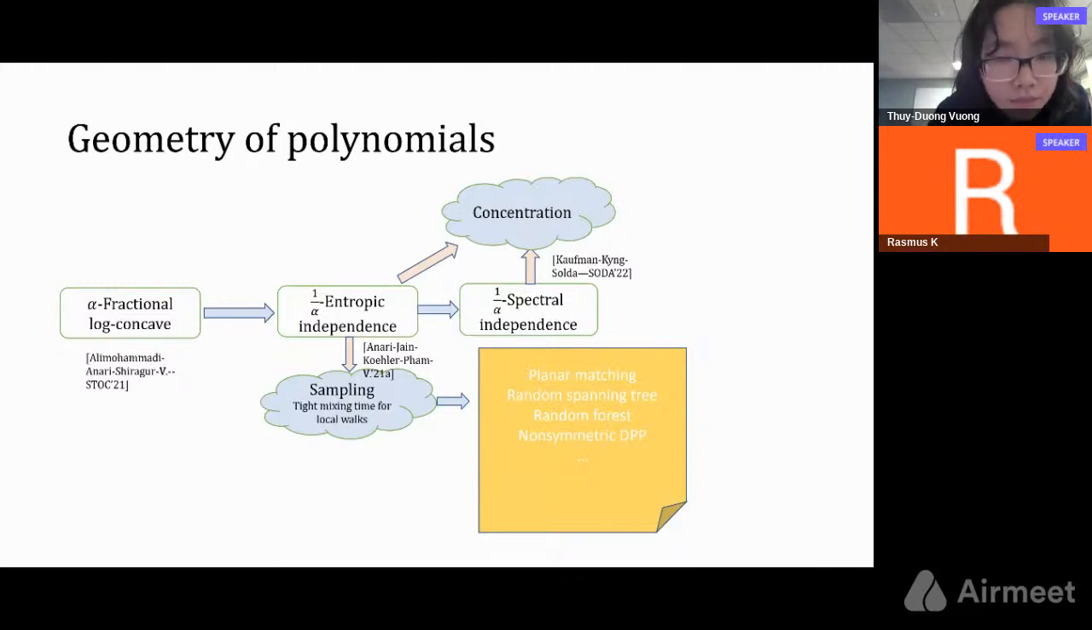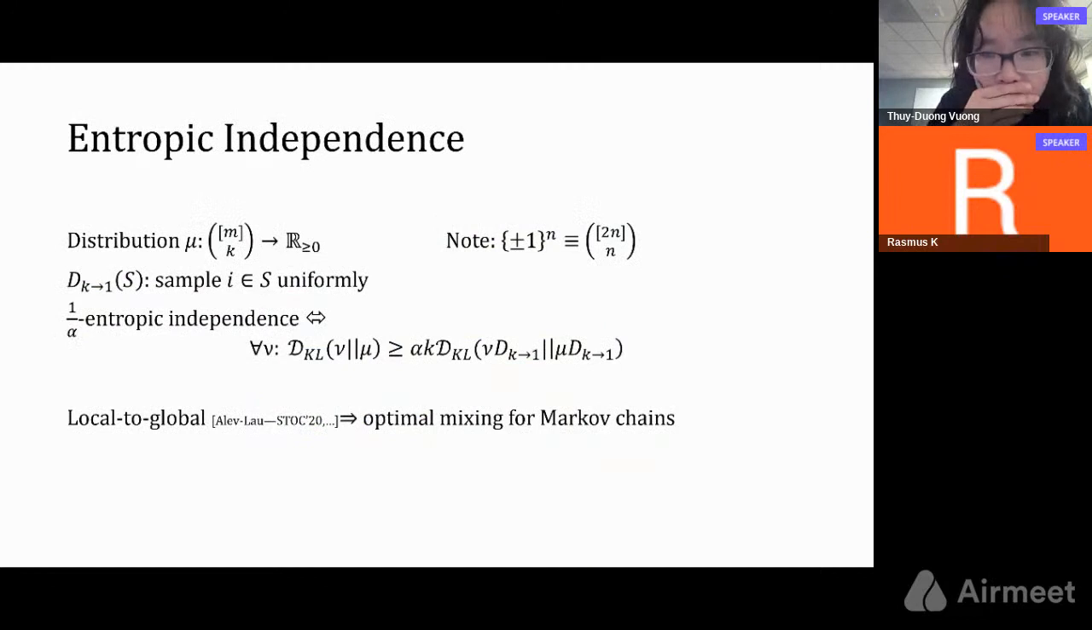June, I'm sorry, could you go back to the previous slide for a moment? Here, can you say how I should intuitively think about this as a notion of independence? It says that the marginals' KL divergence is at most a kth fraction of the whole thing, but why is this independence? Yeah, sorry. The reason we call it entropy independence is because it's related to